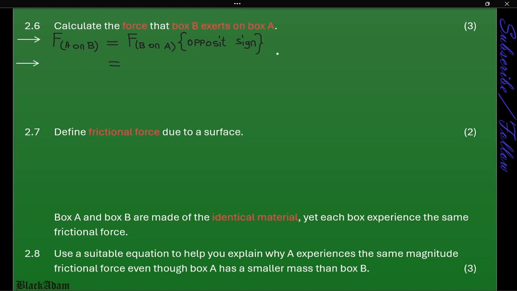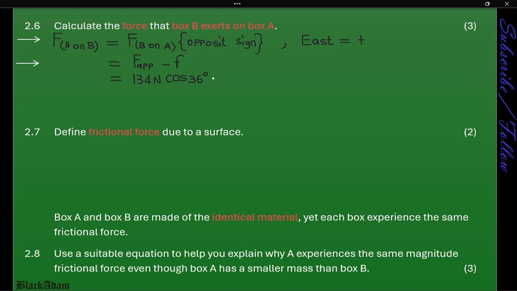Force A on B is the remaining force, because remember, let's take east, going to the right, as positive. Then we have the force applied minus friction. So whatever is left will be the force that object A acts on B,